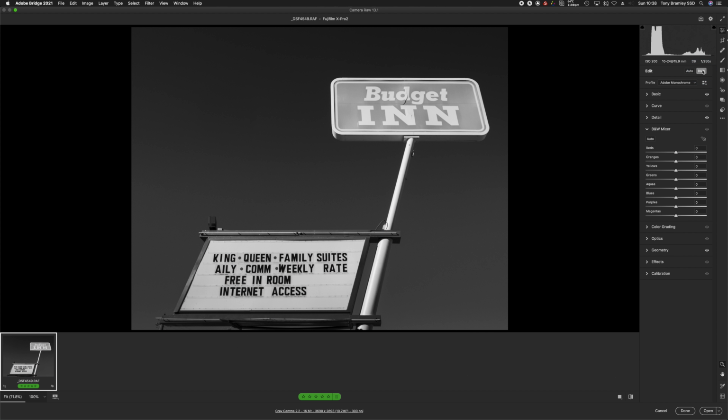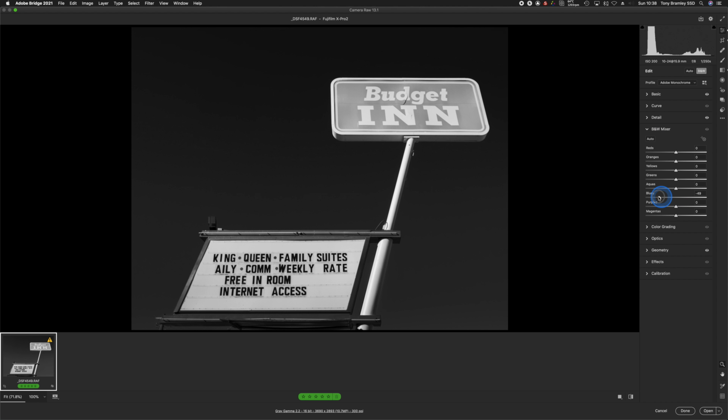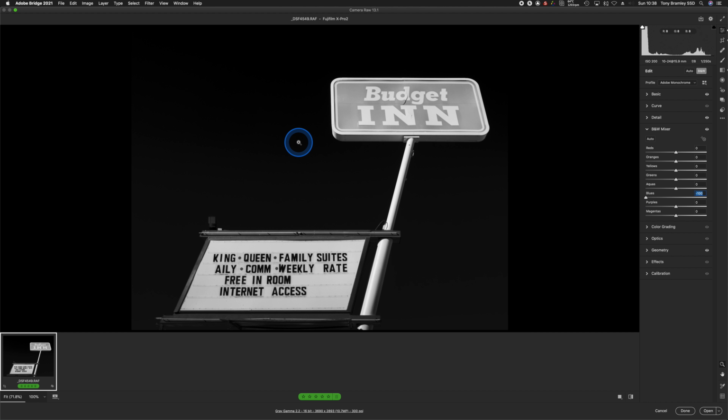We'll go over to black and white, and these controls in Adobe Camera Raw are very similar to Lightroom, so bear that in mind if you are using Lightroom. But straight away we get a decent black and white mix coming through here. Now you may not want to do more than this, but we know that this is blue down here, so we take the blue slider in the channel mixer here. Take the blue slider and pull that back all the way, and you can see that's quite dramatic, isn't it,